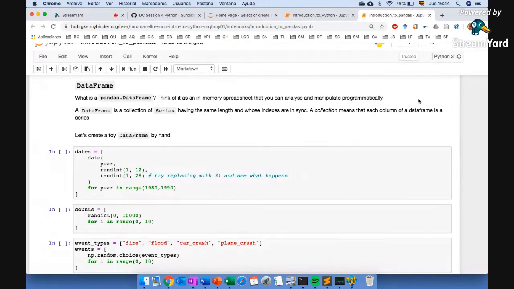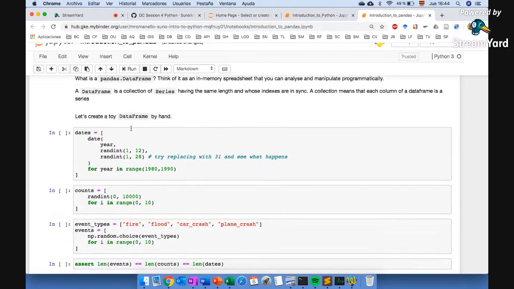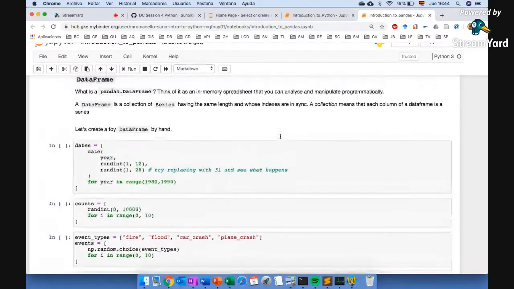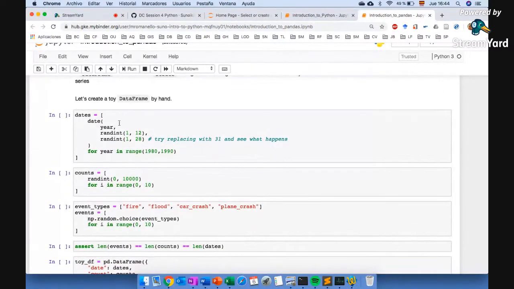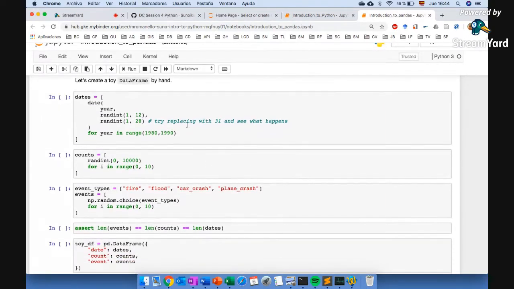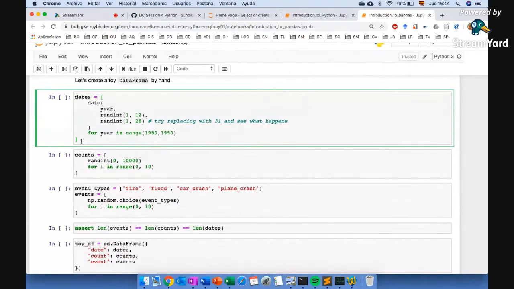So each of the columns in a data frame is considered a series by Pandas, and the whole data frame is the sort of in-memory spreadsheet that the code is creating for you to act upon during your code. So if we create a data frame, we can say, for example, the data frame, so dates equals date, year, rounded, and rounded. So if we run this,